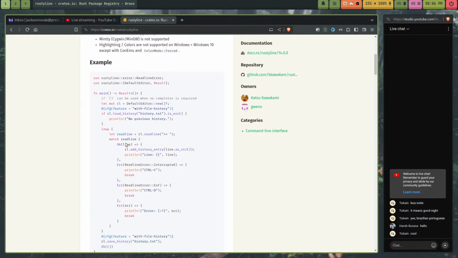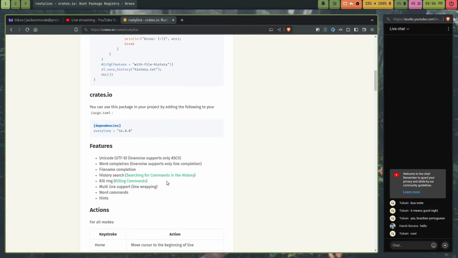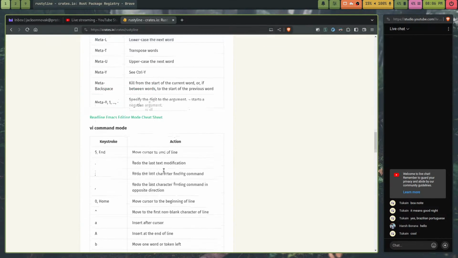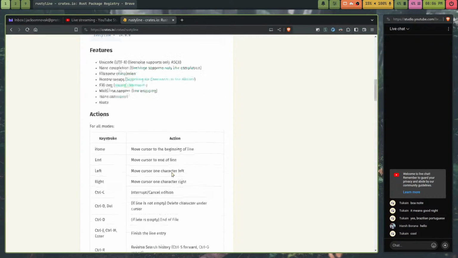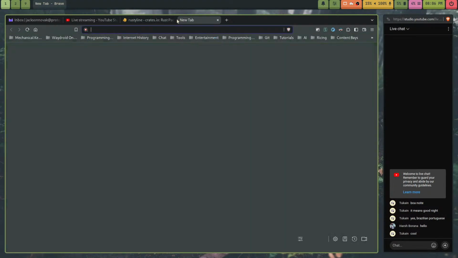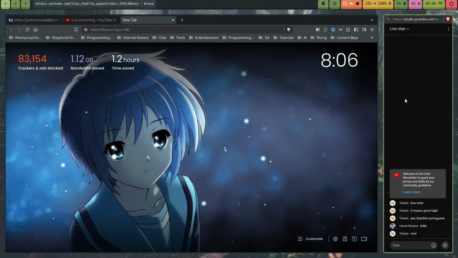You can even add a history file for it to save and load automatically, and it's super cool. And there's all these keybinds. For example, without even realizing it, I added reverse search to anything that I made that uses Rustyline. So for example,